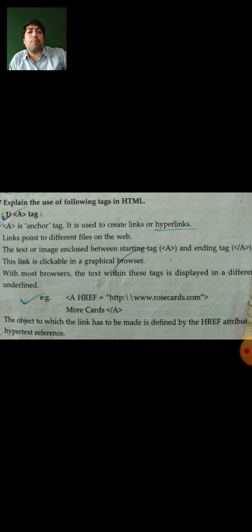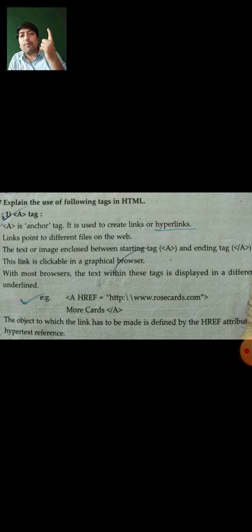What is a browser? We discussed the browser in our first video. In that first video we already saw there are different browsers: Internet Explorer, Google Chrome, Mozilla Firefox, Netscape Navigator. We can use UC Browser, Opera Mini, and different other types of browsers, out of which you can use any one for showing your web page. Whenever you point over a word, your mouse pointer looks different. It will look like a finger.